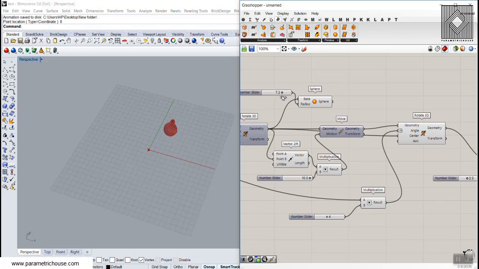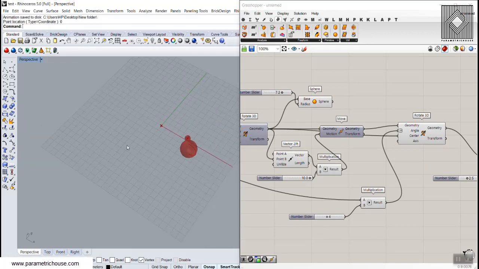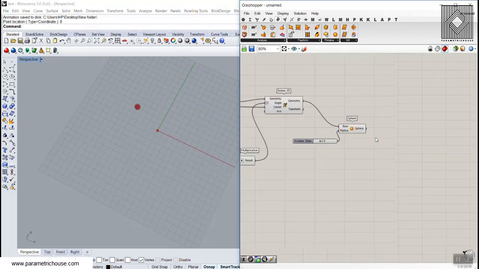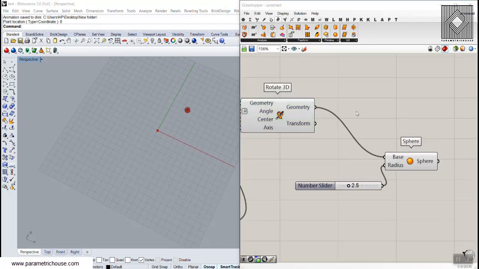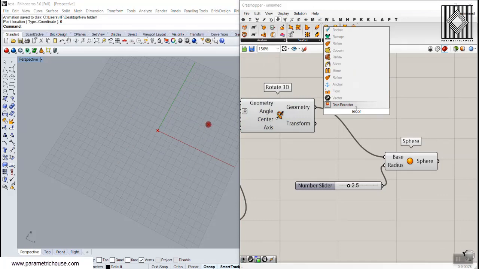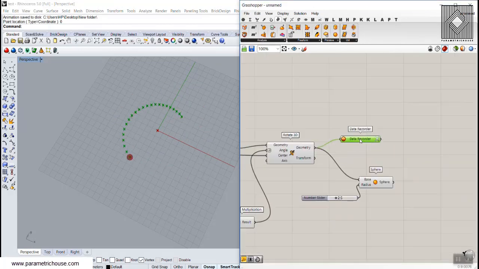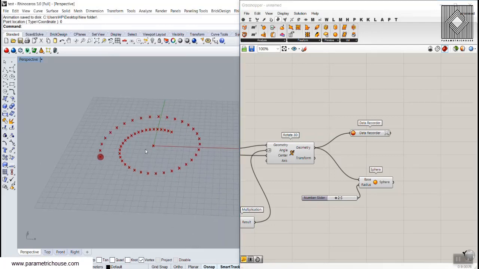Okay. So you can see that it's rotating around this one. This is just for visualization. We can delete this. And now we can record this point with the tool. So we have the record data recorder tool. We just connect this, and you can see that those points, the trace of those points will be recorded.